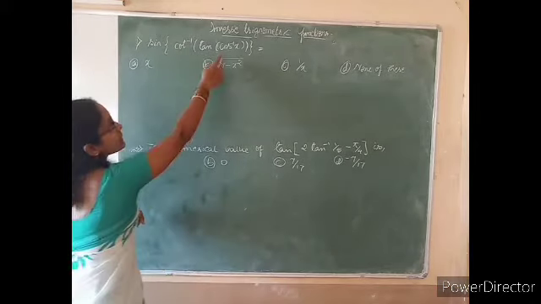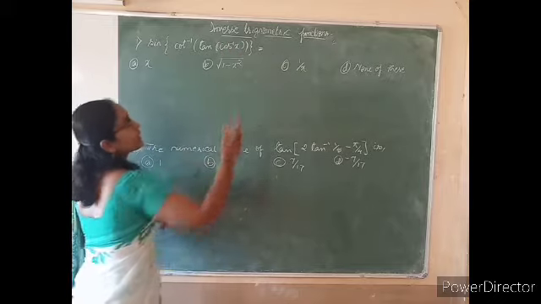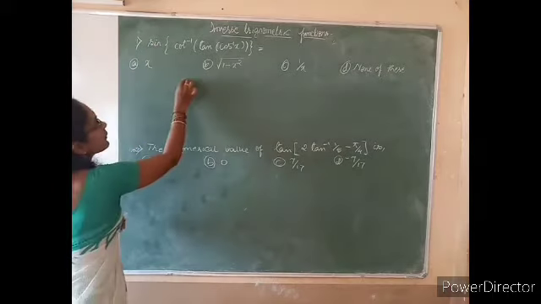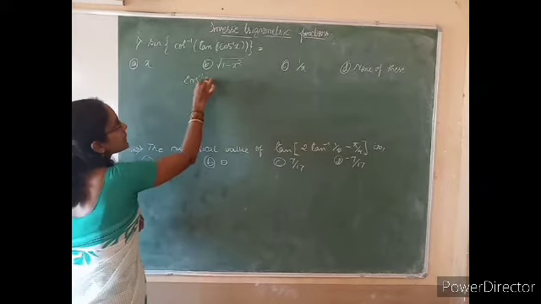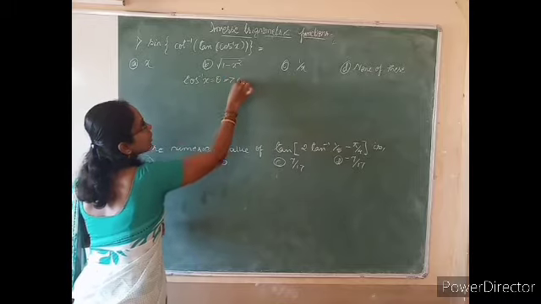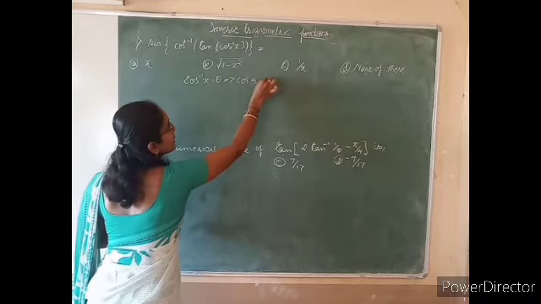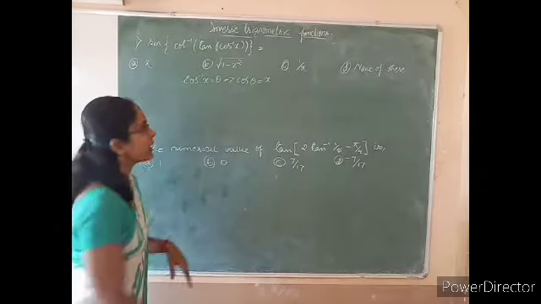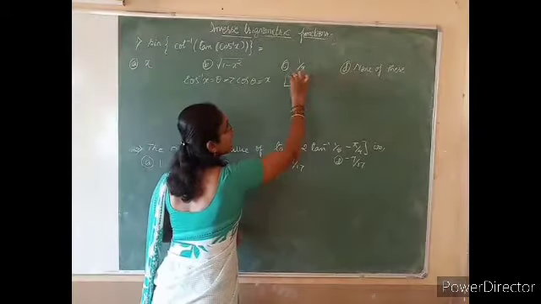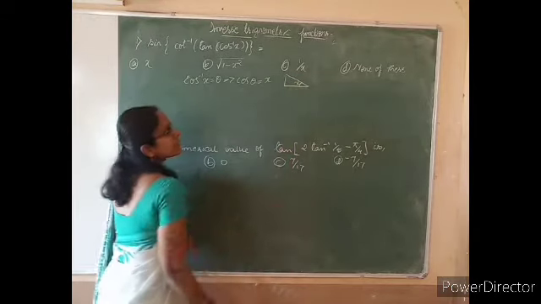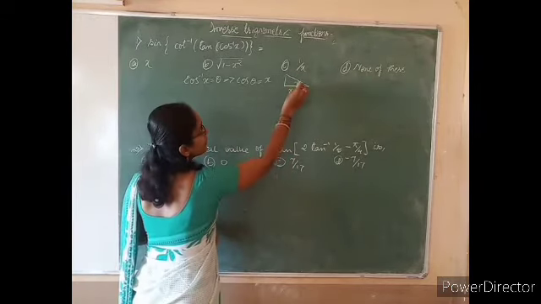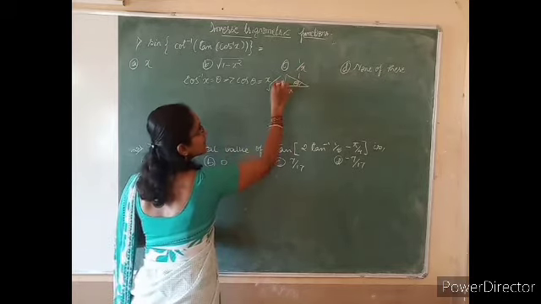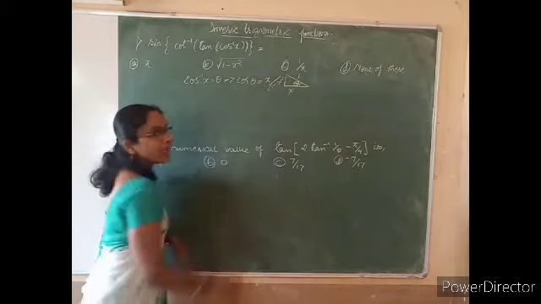So first, cos inverse of x. First consider the innermost function, and at the end come to the outermost function. By definition, cos inverse of x is equal to theta, then cos theta is nothing but x. You know that cos theta is adjacent by hypotenuse. Therefore, if you consider a right angle triangle, for this angle theta, adjacent is x, hypotenuse is 1. Therefore, the opposite side should be square root of 1 minus x square.